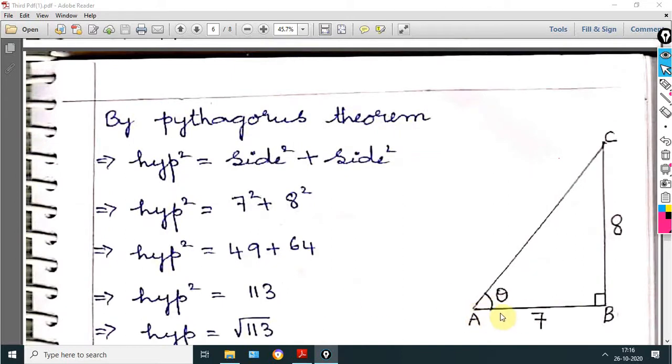So here this is a triangle. We have drawn one triangle like this. Here we are placing A and here we are placing B, and let B be a right angle, so it will be a perpendicular line. From A we are drawing a line which will intersect the perpendicular line at point C. And this is theta. So now what did we get?